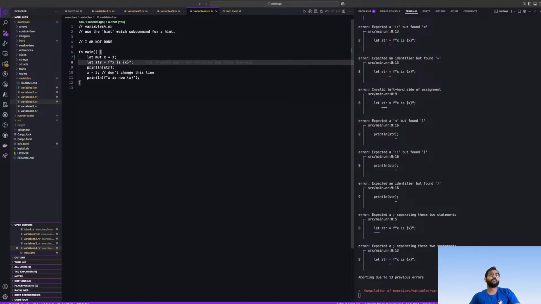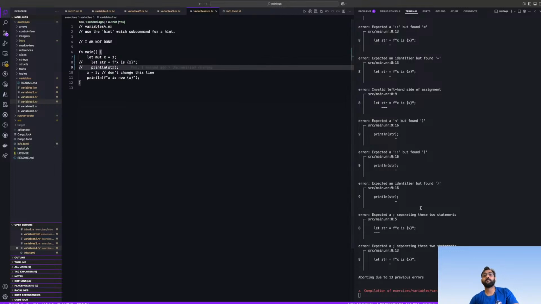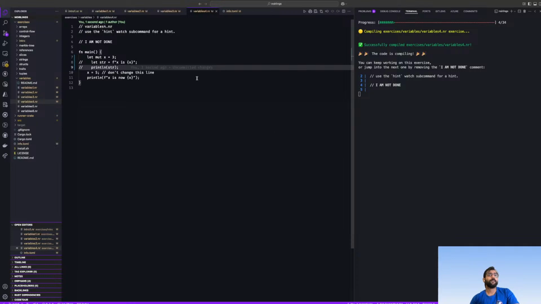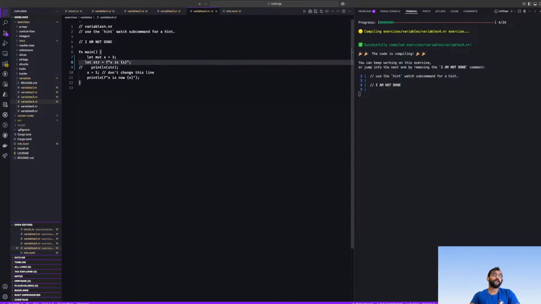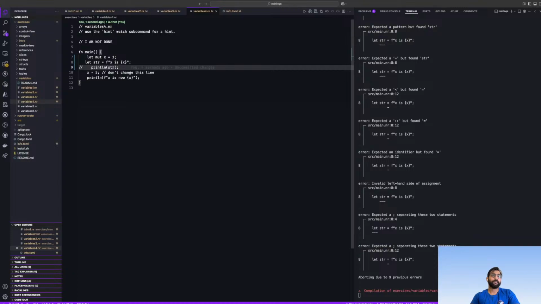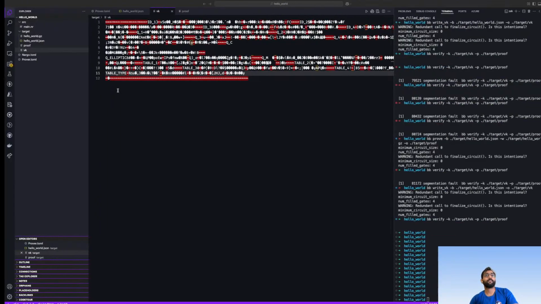Okay, I guess these two lines are causing this issue somehow. Yeah, and now we need to know what this issue is. So let x is not fine. Okay, so we can't define the string like this.